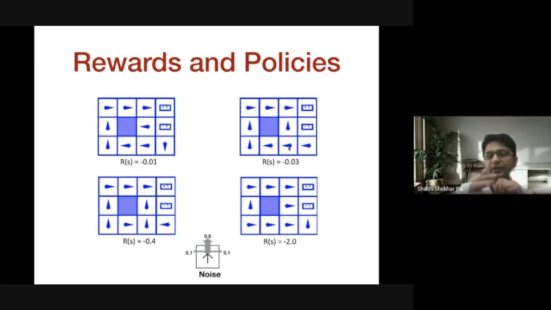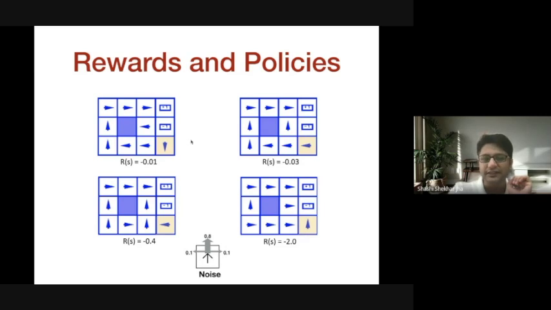I have 4 different kinds of rewards for the environment. The problem is the same: exiting the system with the maximum reward, and obviously you want to exit at the +1 state. But here you can see these arrows. These are the optimal policies. Optimal means the best that the agent could find or could do in these environments. The optimal policy just tells you what is the best action in all the states. And you can see those are changing in all of these. Specifically, I want you to focus on these particular states which just got highlighted.